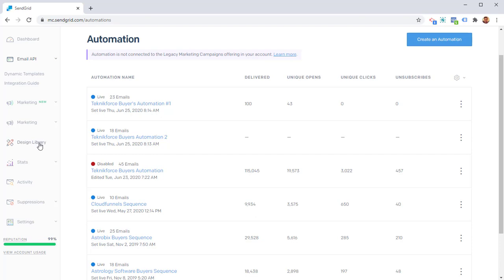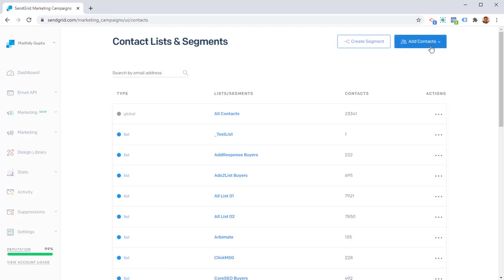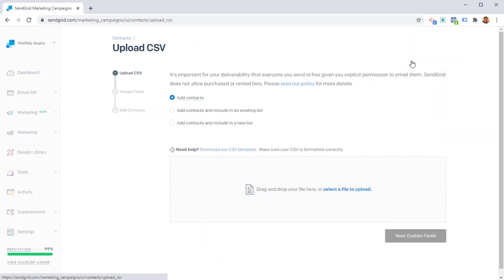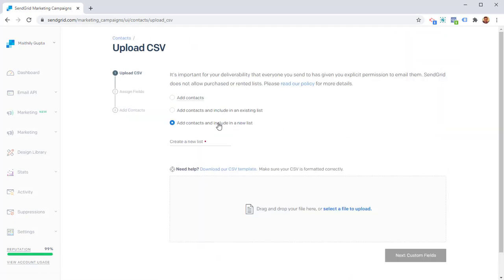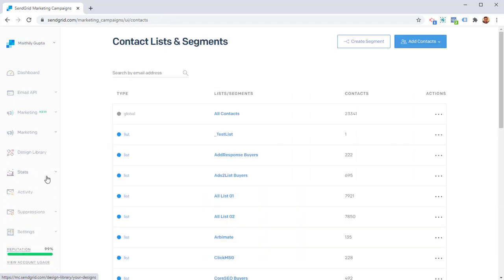So to get started with Sendgrid, open an account and then create a new list. To create a new list, click on add contacts and upload CSV if you're gonna upload a CSV file, and then click on add contacts and include in a new list, and just give your new list a name. Upload your contacts, and you're gonna have them available almost instantly in the contact section, and you can start mailing